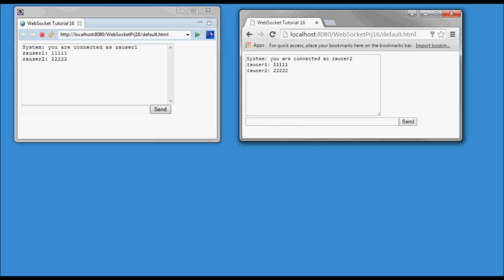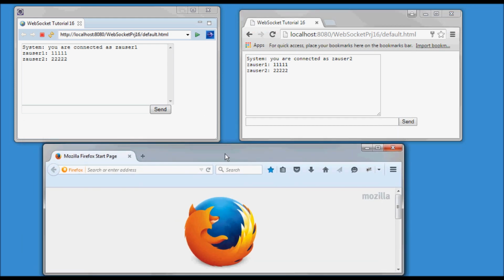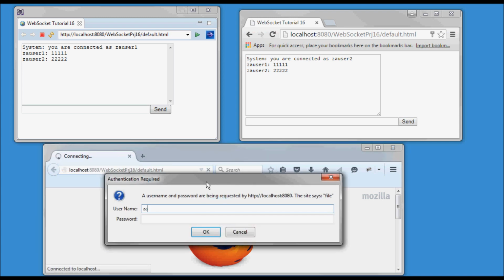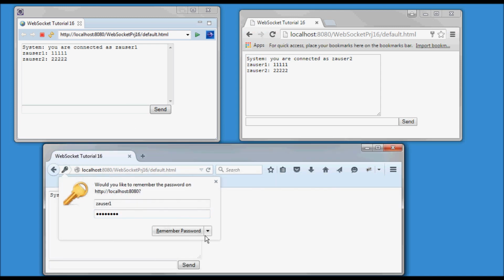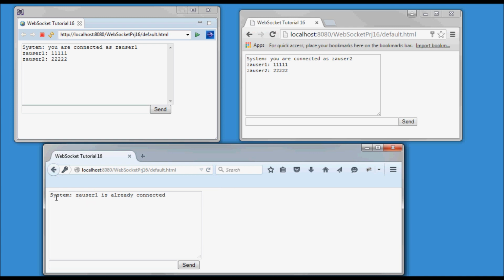Let me open up a third browser and try to connect as VA user 1 and password. And since this user is already connected, it's gonna give this message, and he can't send any messages or receive any messages.